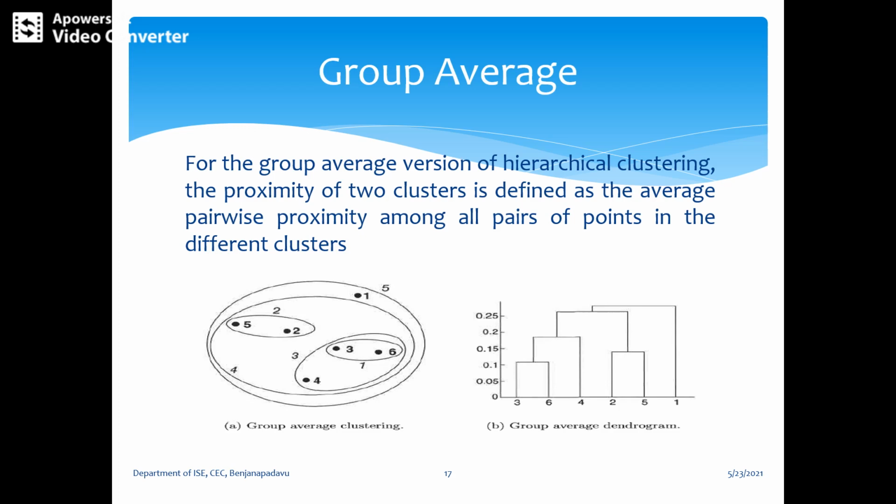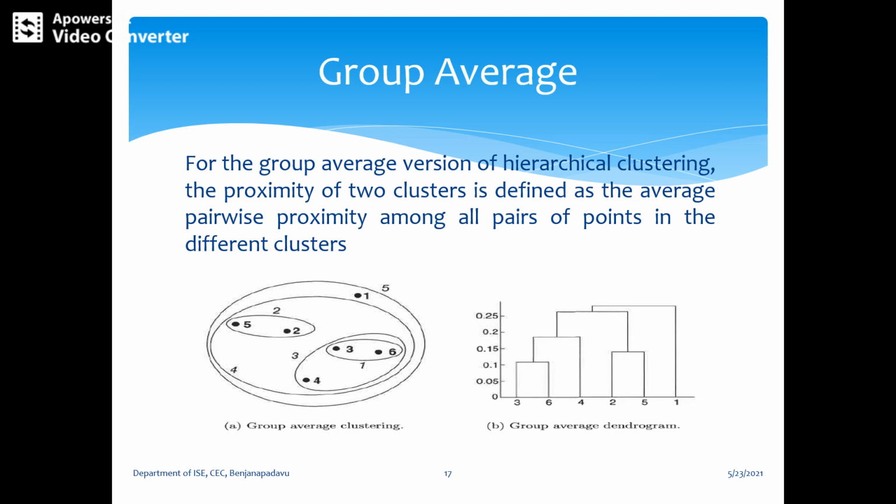So the pairwise point has to be taken here. In this diagram, we see that the pair of points we have taken is the same as in complete link: almost 3 and 6 are taken and combined to the 4, and 2 and 5 are taken and combined to the number 1. So in the dendrogram, 3 and 6 will combine to the 4, and 2 and 5.